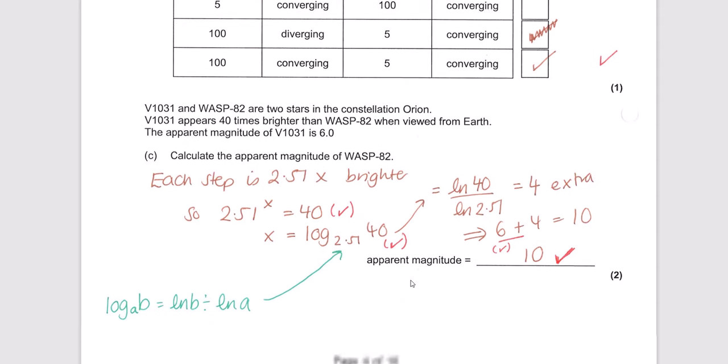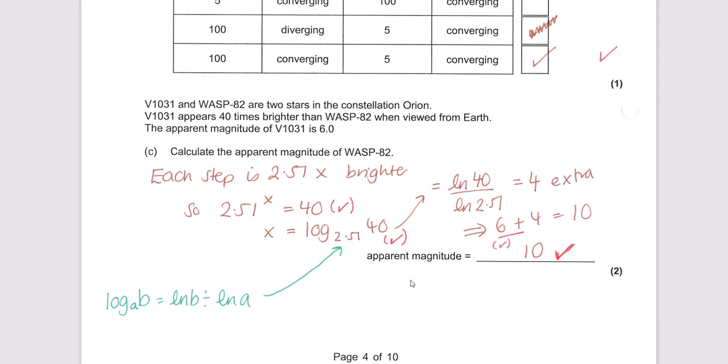Then we've got 2 stars in the constellation Orion. V1031 appears 40 times brighter than WASP 82 when viewed from Earth and has an apparent magnitude of 6. So what would the apparent magnitude of WASP 82 be? Well, if V1031 is 40 times brighter, we can work out how much more magnitude it must have, because remember,